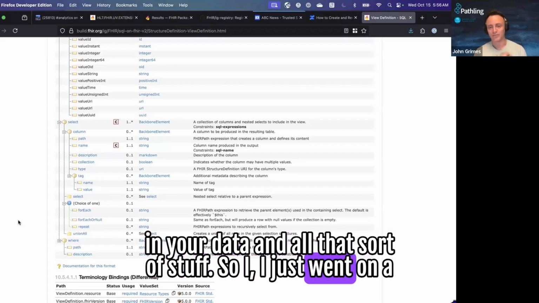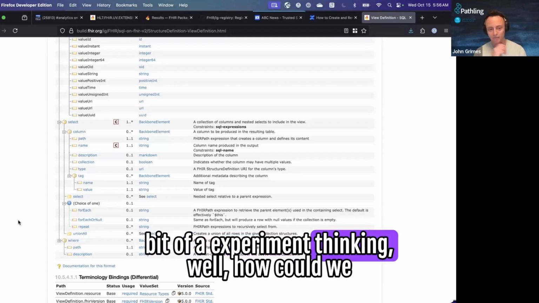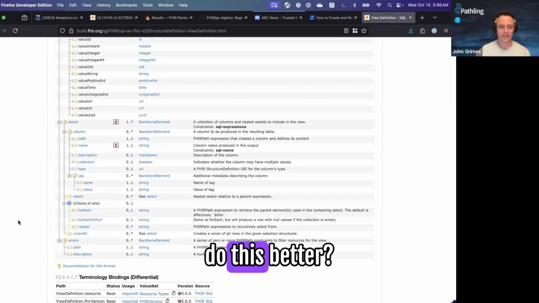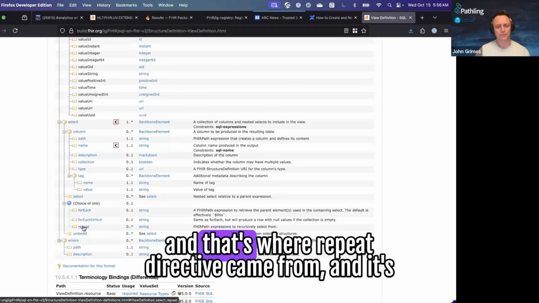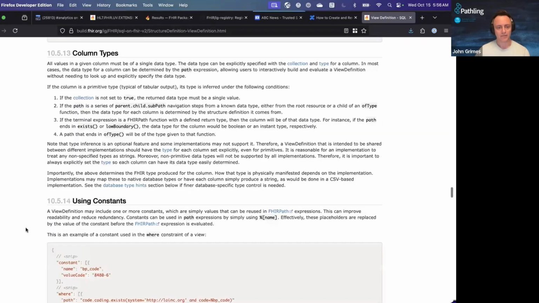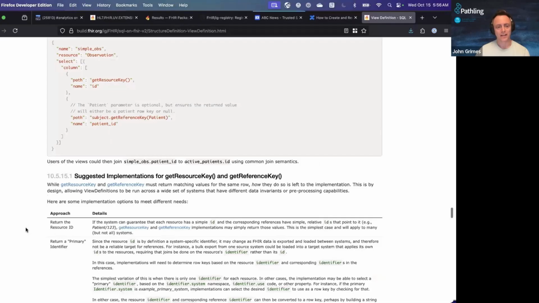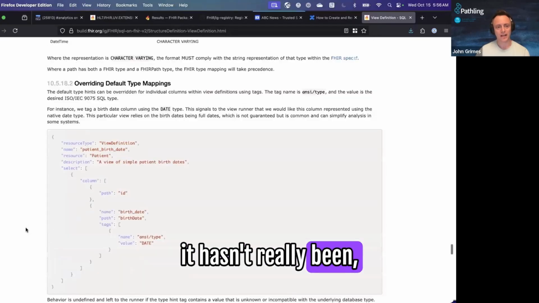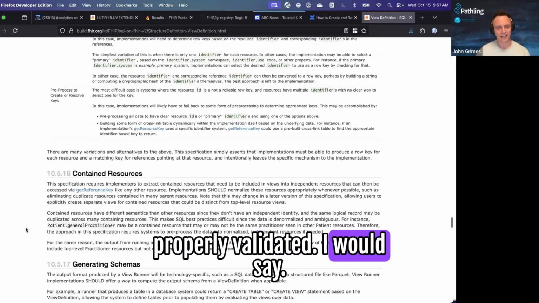So I just went on an experiment thinking, well, how could we do this better? And that's where repeat directive came from, and it's in the CI build, but it hasn't really been properly validated, I would say.